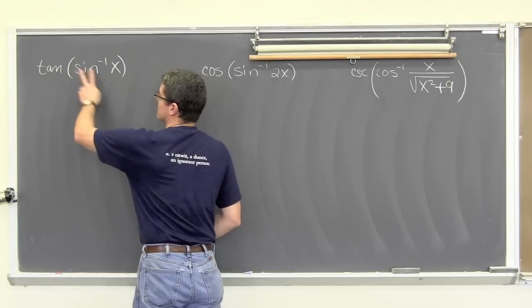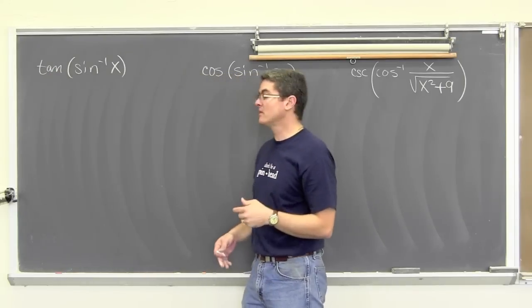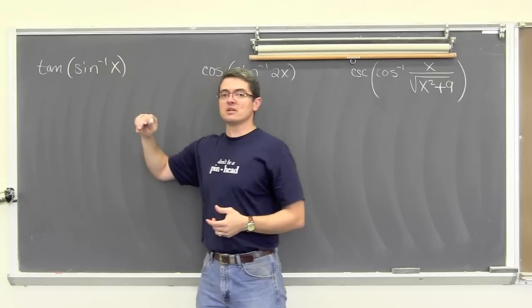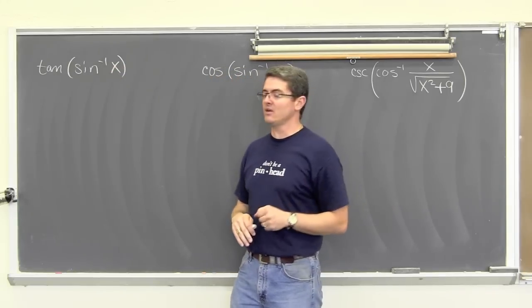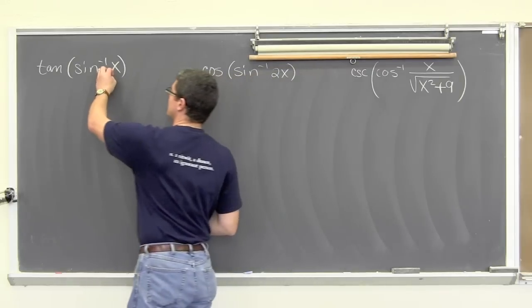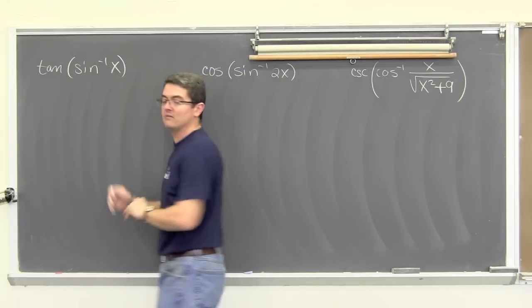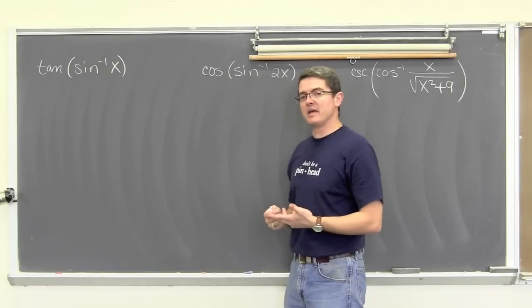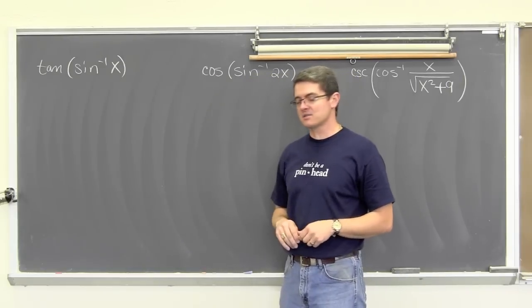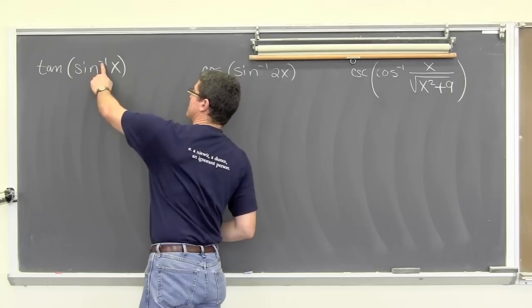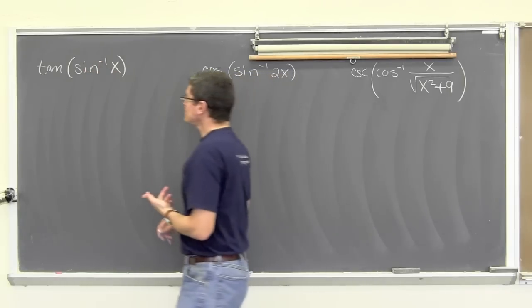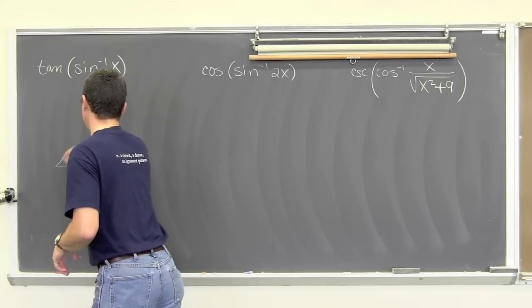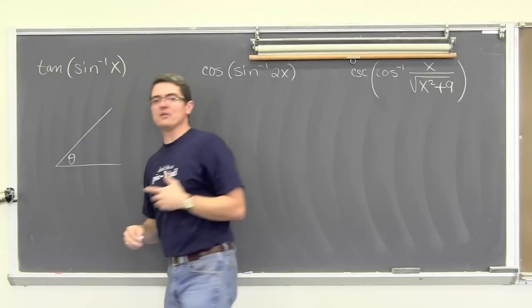In a trig function, you put in an angle measure. With an inverse trig function, you're putting in the sides of a triangle and getting out an angle measure. So we're going to work our way inside these parentheses all the way, and out of them, and see what we get. So the inverse sine of x. Well, since this is an inverse sine function, we must be putting in the sides of a triangle. So I'm going to draw an angle in quadrant 1, or just draw an angle theta.